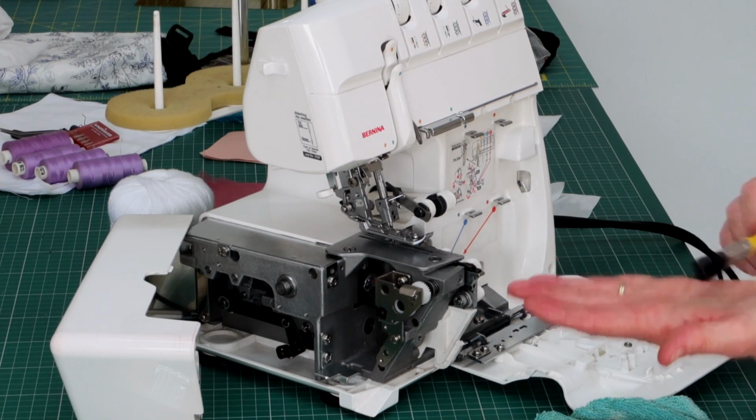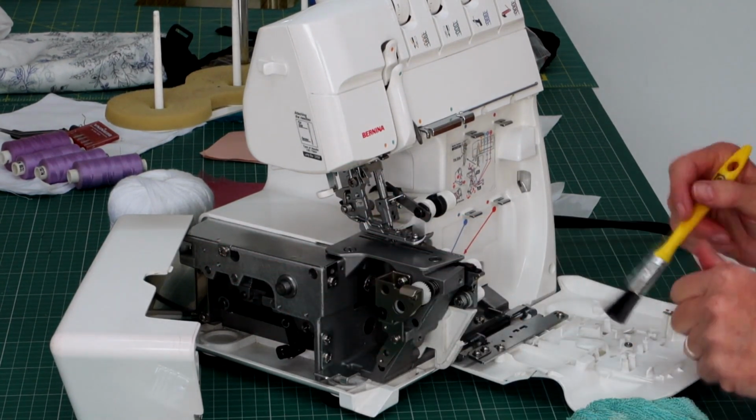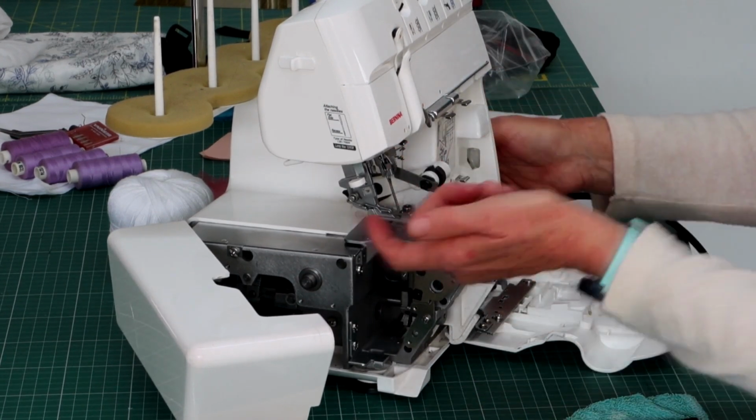It's also fine to put oil on your paper towel. Just put a slight little smudge and you'll see that you'll absolutely collect all of the fluff. Yes. Keep it all clean. What we are going to do as well, once that has been moved and we've cleaned at the top, is